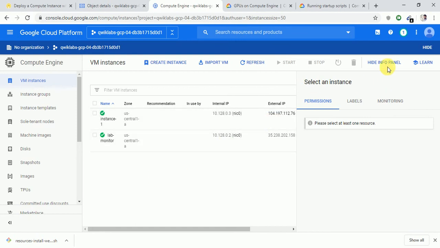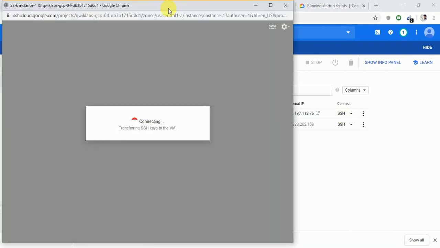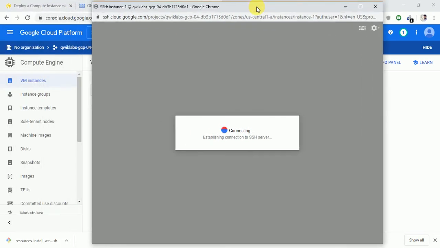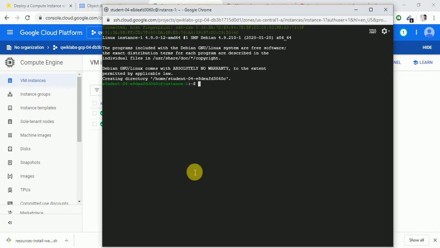Now it is created. Let us SSH into it and check whether the Apache server has been installed or not. Now we are here in SSH.